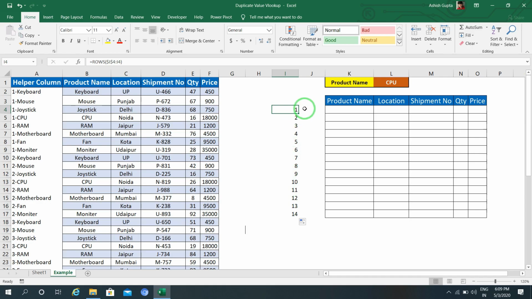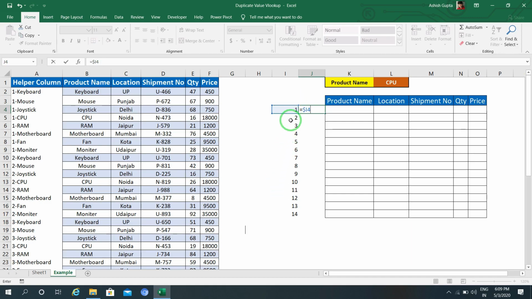Now I can use this in my VLOOKUP. Now I need a value like this. To make a value like this, I will use the AND connector. I will select this one and press F4 three times to freeze it column wise.